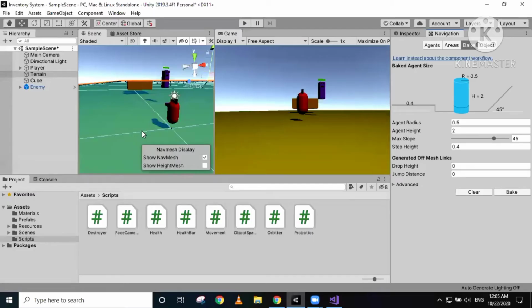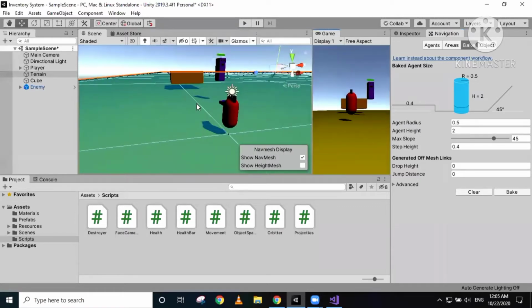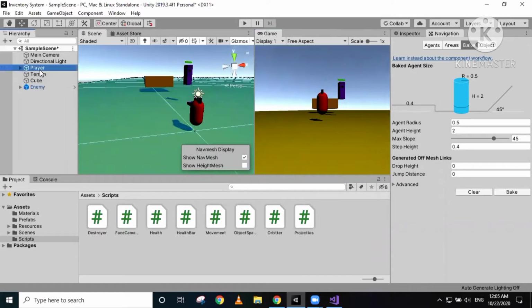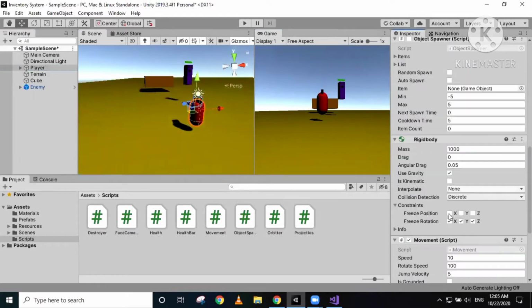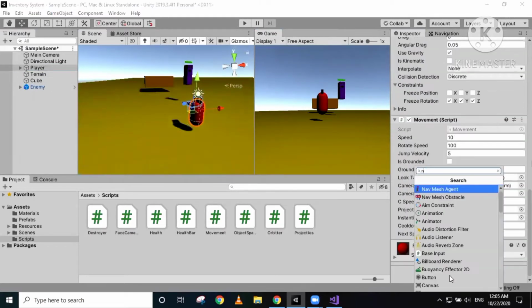So after it is baked, we get a blue highlighted region here. For seeing this blue highlighted region, we need our gizmos to be checked. If we uncheck it, we will not be able to see this. So this is a movable surface which the player is going to be moving on. Then to control the movement, we need a NavMesh agent. So here I'm just going to add a NavMesh agent,